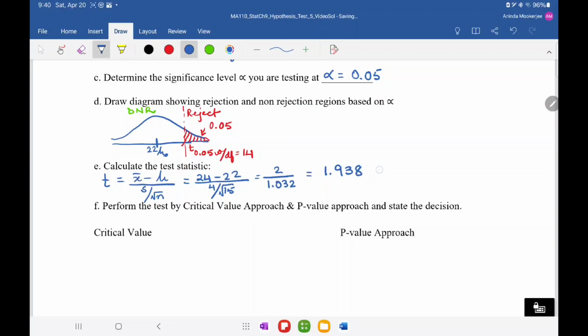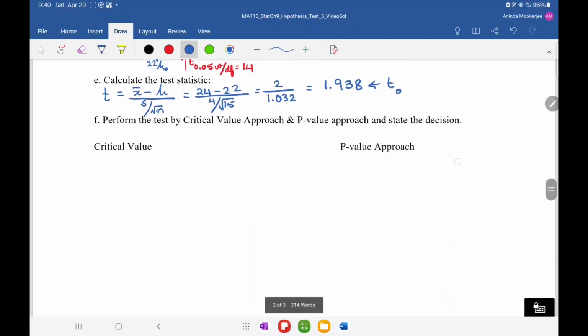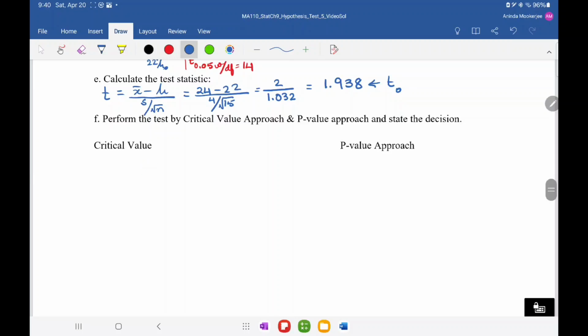The test statistic is denoted by t sub 0, or z sub 0. That's how the test statistic is normally denoted. So we got our test statistic. Now part F says perform the test by critical value approach and p-value approach and state the decision. So critical value approach involves the rejection and do not reject